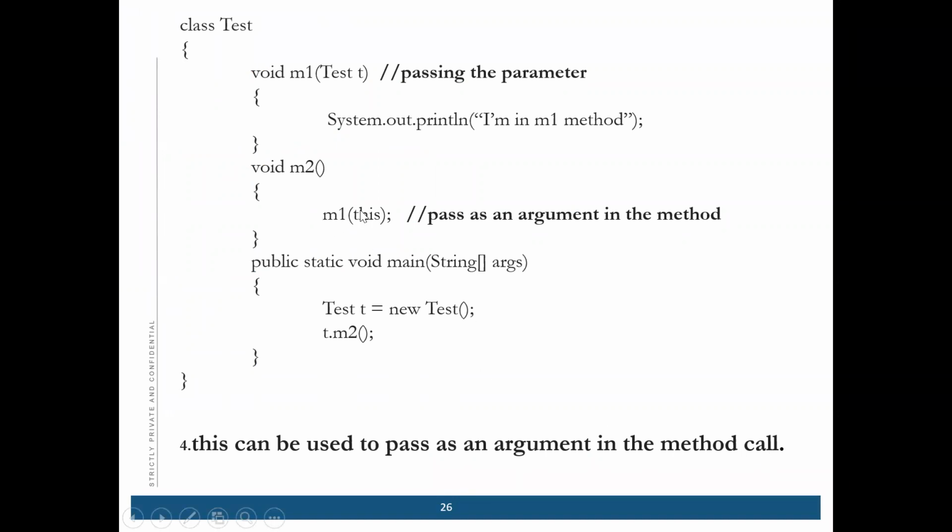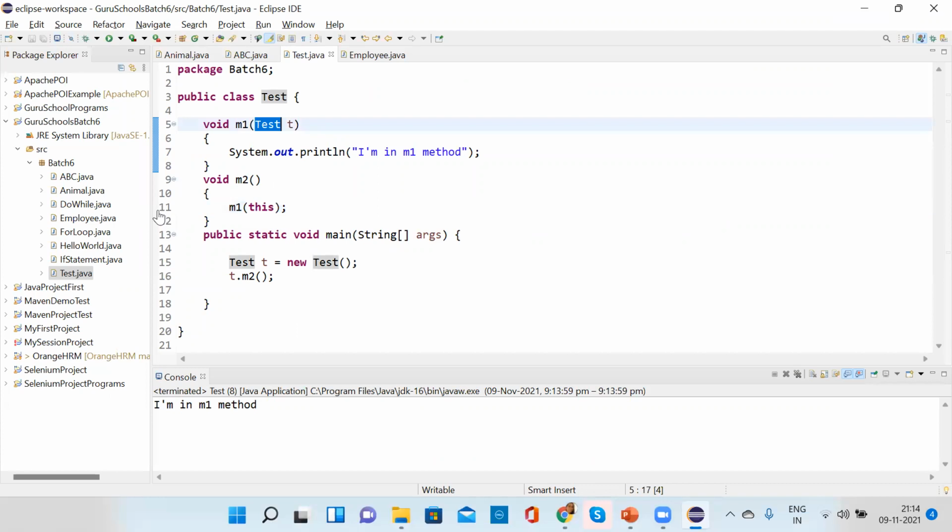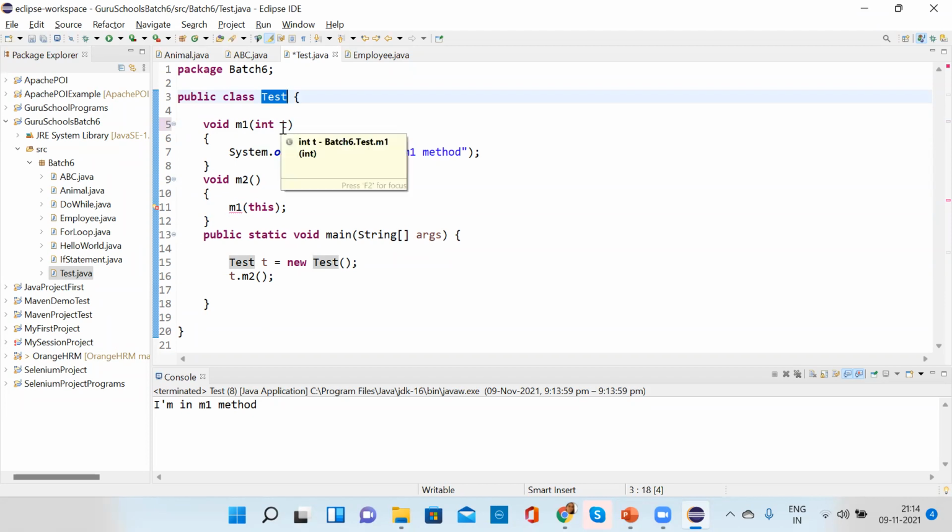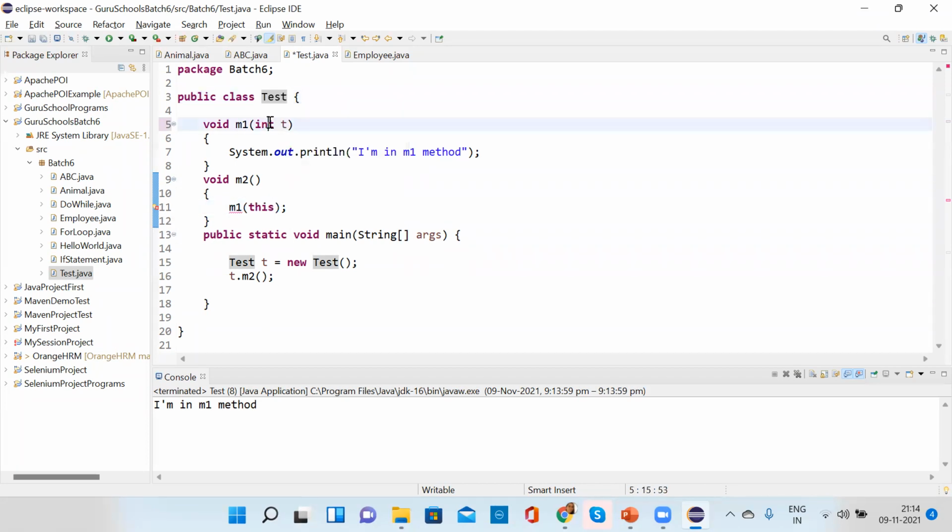If I use an integer here, that is not correct. This is only for a class variable, so not for a normal integer or string. Currently we are learning how this can be used.